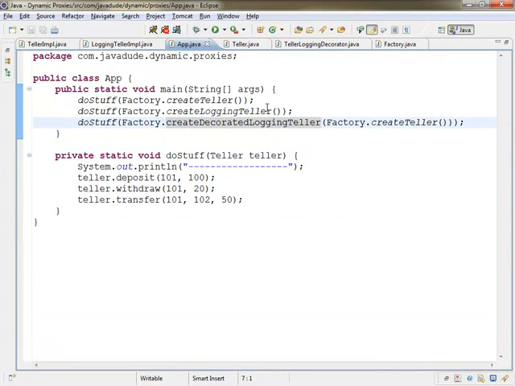Does that proxy have a state? It can if you want to. Right now, the only state that's in